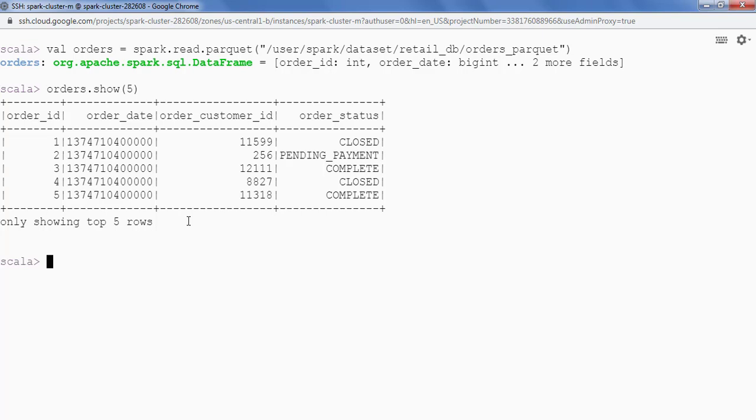Let's do some operations here. I'm only interested in a few columns. I'm only interested in order ID and order status, and only the order status where the value is pending payment. Filtered df is equal to orders.filter, and then I'll say give me the records where the column order status value is pending payment.